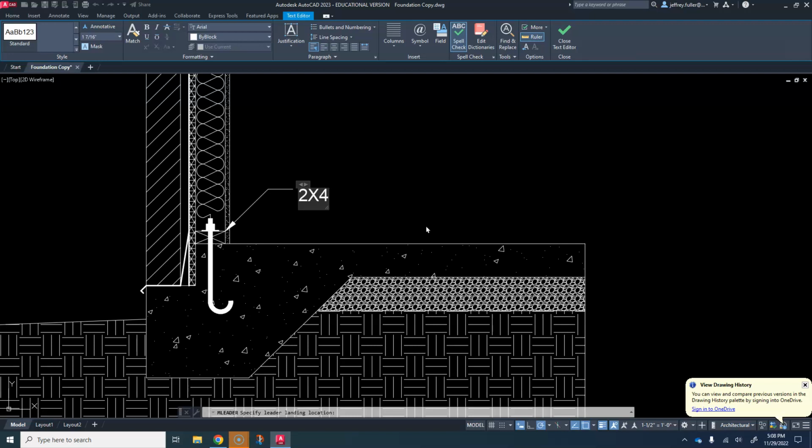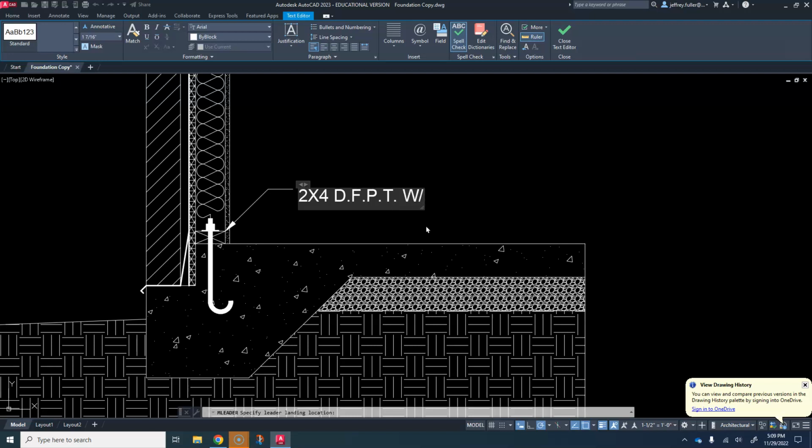2x4, that means 2 by 4. Let's see, weatherproof. I'm thinking of the initials that I need to put in here. That's very important. We have to have this. Okay, you can't just leave this all. Okay, Douglas fir, D.F.P.T. Douglas fir pressure treated. Okay, 2 by 4 Douglas fir pressure treated